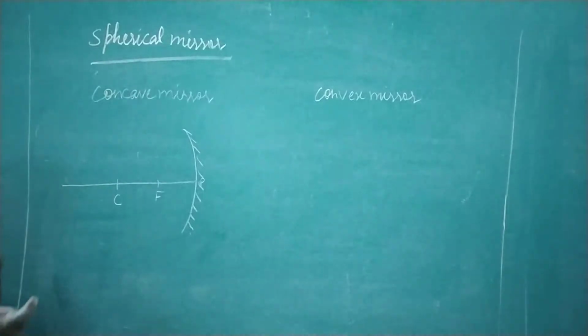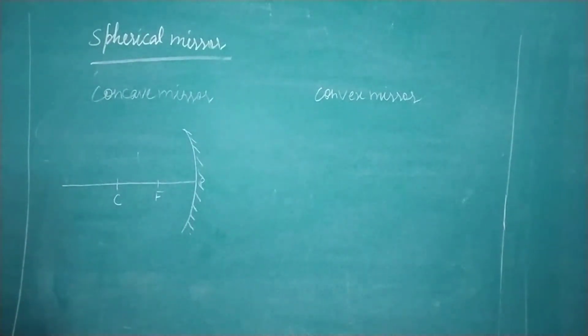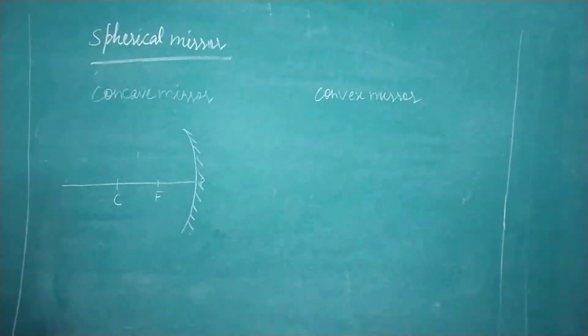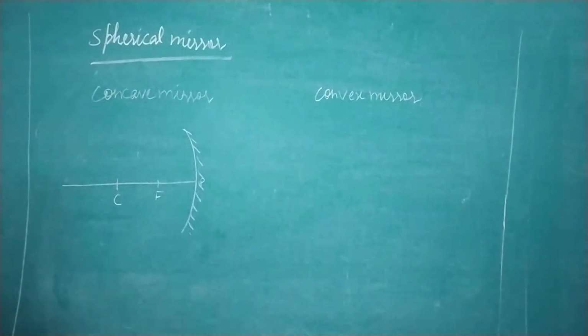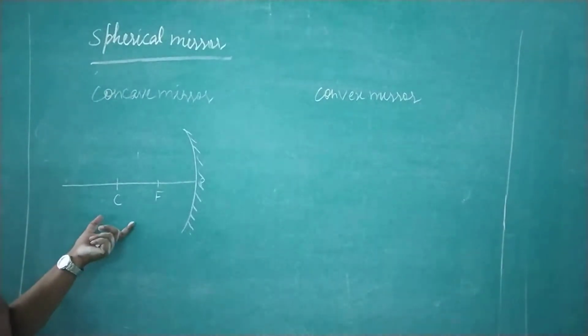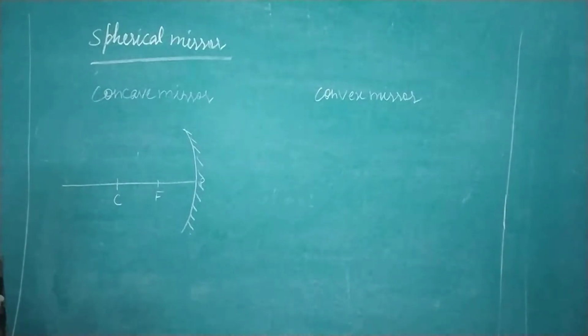Which light? Sunlight. आप धूप में खड़े हुए हो, उसको लेके खड़े हुए हो, और एक पेपर चाहिए. The sun rays fall on that mirror and you adjust the mirror in such a way that it forms an image on the paper. What does it mean? Real image. What will happen? The image will be formed on the paper, and after some time the paper starts burning. Is it amazing? Right, it is amazing.